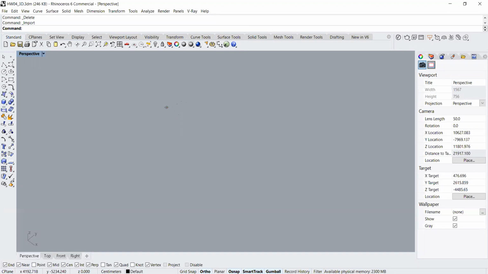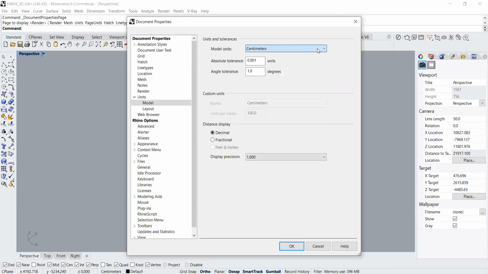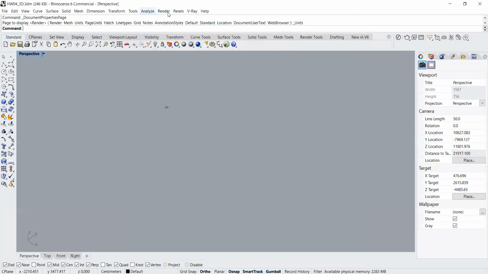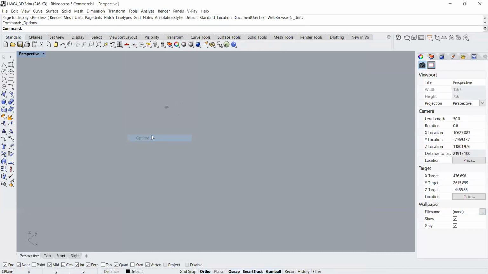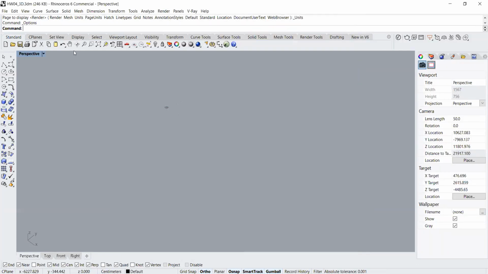And by the way, if you want just to change it, you can right click on this centimeter and go to unit setting, okay? And change it into any scale that you want in any unit. Or you can go to tools and from options, that all you know, go to units and change it again, okay? But since it is in centimeter,